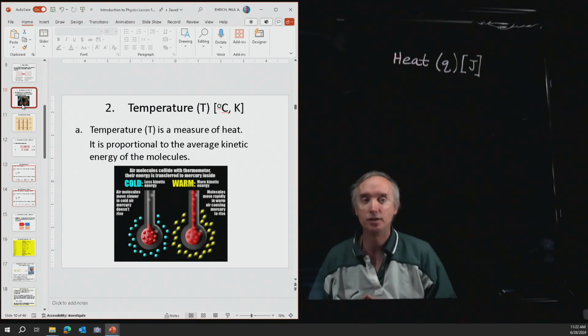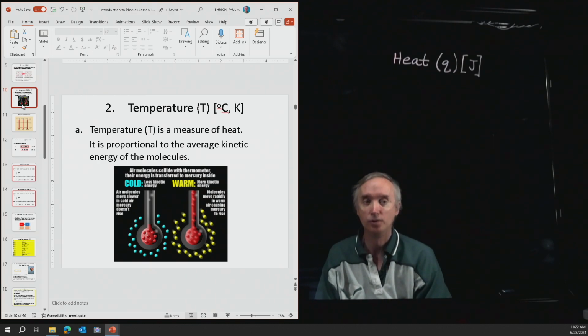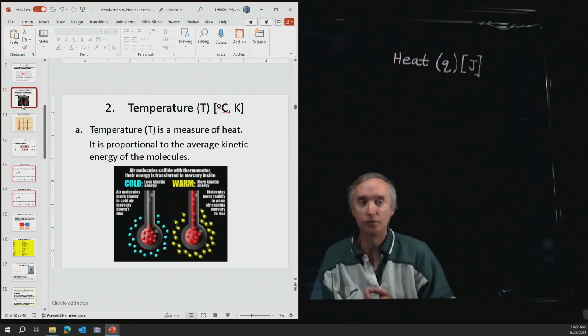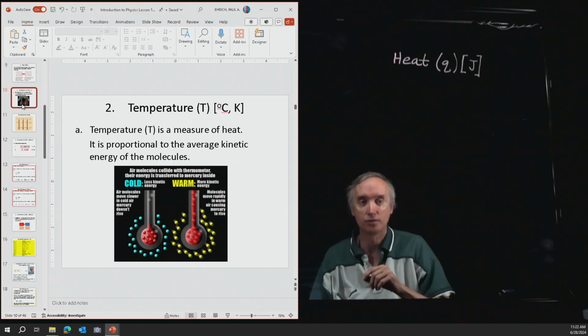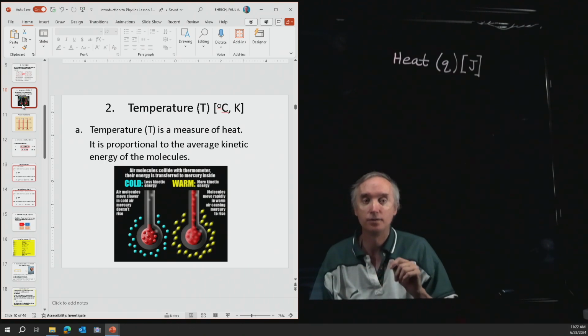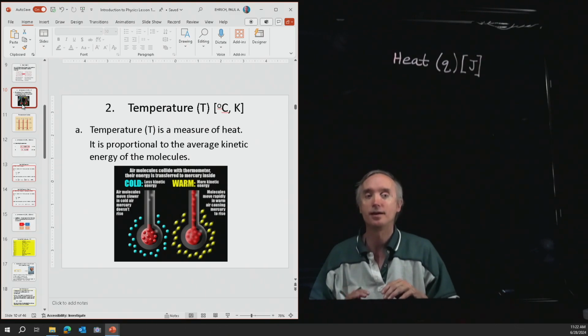So temperature is going to be given by a capital T, and then it has two metric units. It has the sort of unofficial metric unit of degrees Celsius or centigrade, and then it has the official metric unit of the Kelvin. So that's what those units are, degrees Celsius and then the Kelvin. We'll talk more about the units of temperature in just a moment, but let's talk about the definition of